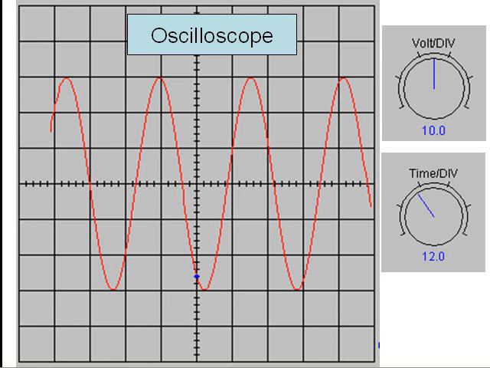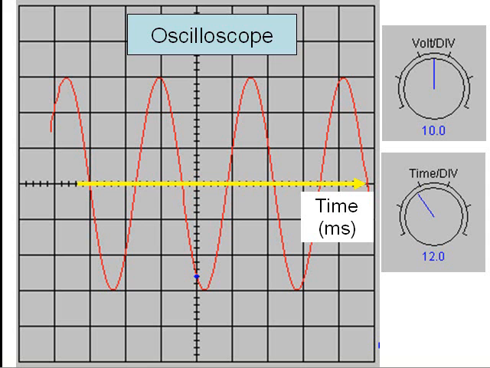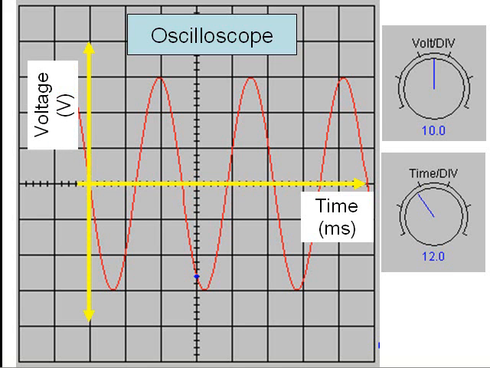This shows the oscilloscope screen. It can be thought of as a graph where the x-axis is the time and the y-axis is the voltage. It shows how the voltage varies with time. If we consider one cycle,